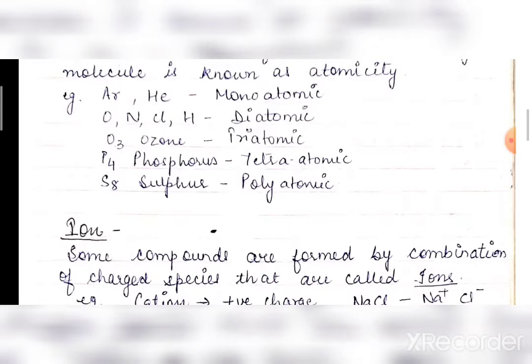Now if the atoms are different in a molecule, for example H2SO4, that is sulfuric acid. H2S1, 2 plus 1 is 3, then O4, 3 plus 4 will be 7, so it is also polyatomic. Then CO2, C1, oxygen 2, so total 3, that is triatomic. H2O, that is hydrogen 2, oxygen 1, so it is also triatomic. So like this you can just add the number of atoms in a molecule, and that will be the atomicity.